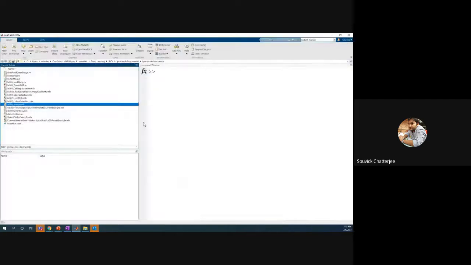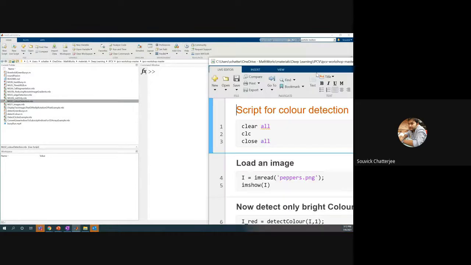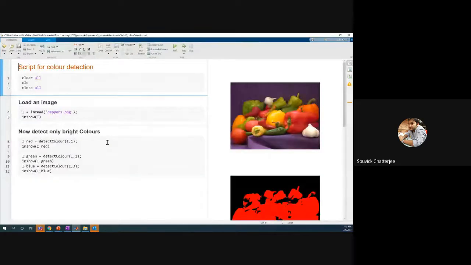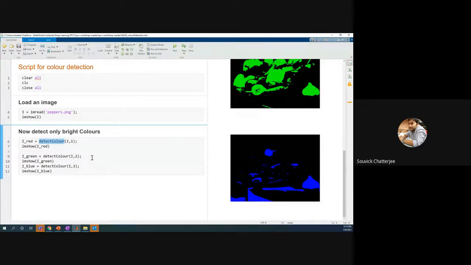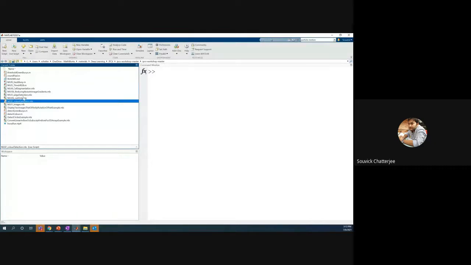Okay. Now, for example, we'll go through multiple different types of examples gradually. Say for example, if you want only the red color, there are inbuilt commands like this. If I want only the first channel, I say detect the color of only the first channel. This is an inbuilt command by which we can get the red information. Similarly, we can get the green information and so on. These are functions which you can create and use as well.